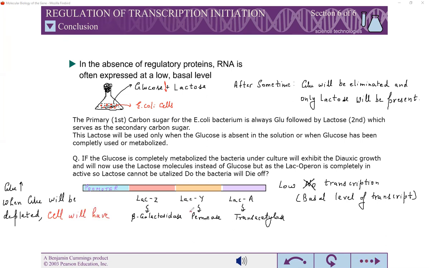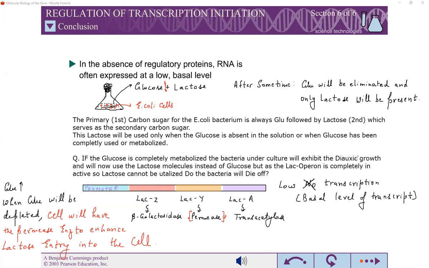the permease enzyme in order to enhance the permeability of lactose, to enhance lactose entry into the cell. So the concept in the question, see this,